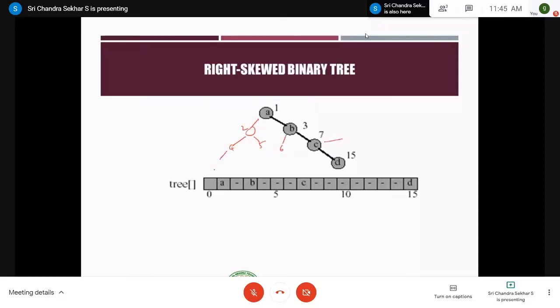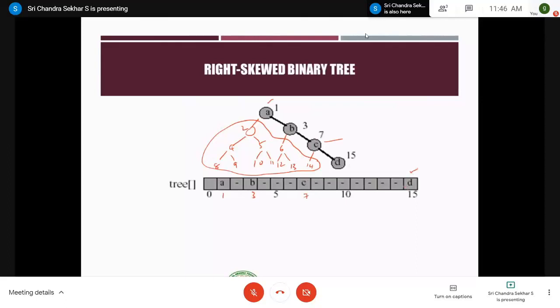Now you go again, this is 8, 9, 10, 11, 12, 13 and this is 14. All these are dummy nodes. Therefore this becomes 15. Therefore the original binary tree is having nodes at index 1, this one, and index 3, this one, and index 7 which is having the value C, and index 15 which is having the value D, right?